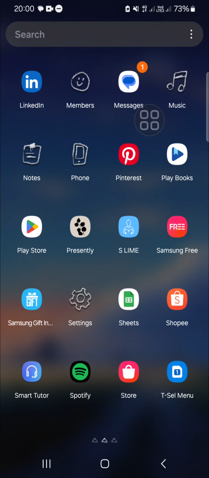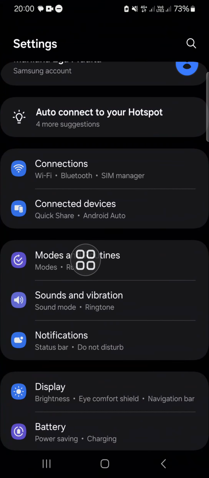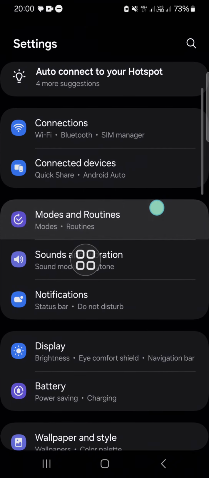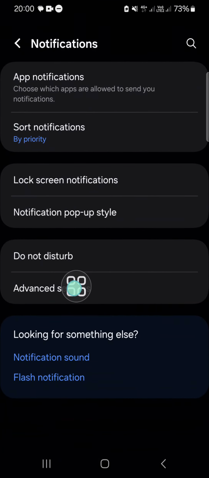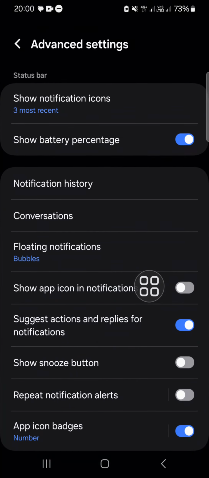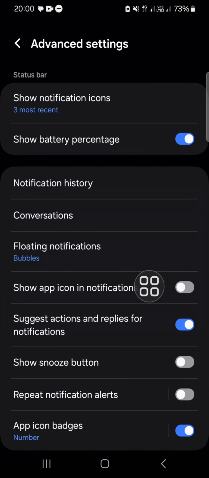Here I have opened my Android mobile phone, and first of all we need to open our settings application. After we have opened the settings application, we can go to the notification setting, this one, and go to the advanced settings. And since we want to see our notification history in our Android mobile phone, we can go to